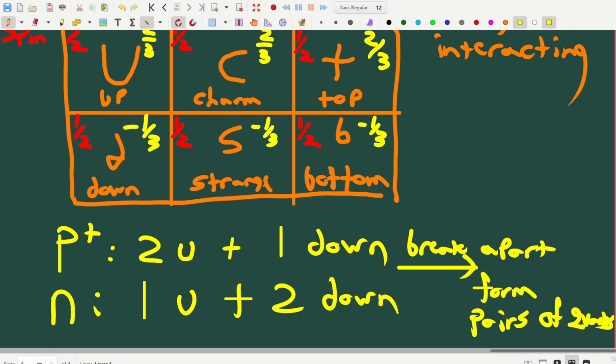So those are our big sets of particles. I wanted to make just a couple of notes about what I called before fermions,